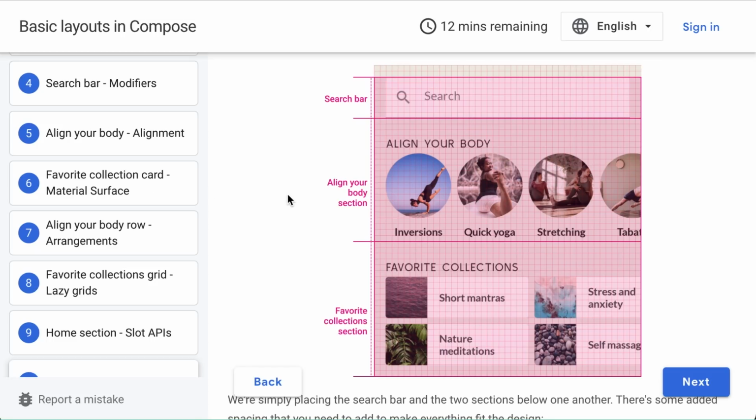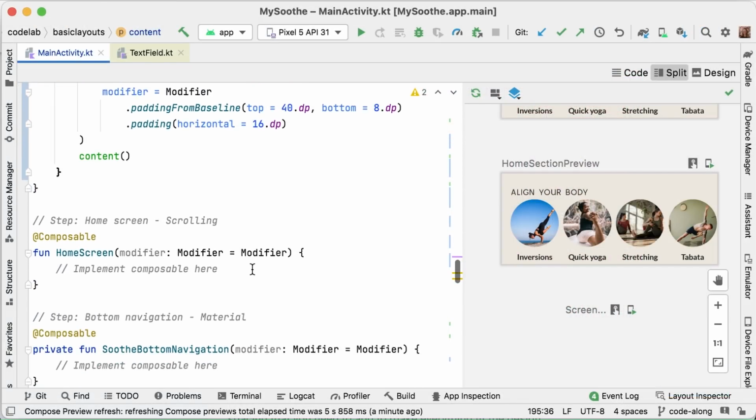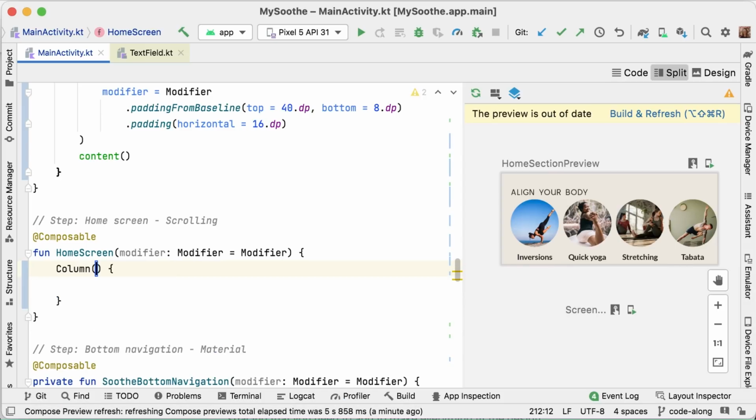Yes. So let's go back to Android Studio. And I think, again, we're going to be playing around with a column because we're placing things below each other vertically. So let's start with a column and we will pass on the modifier, and inside, you can see that we are repeating something over and over again, right? But that's what we said at the beginning of the code lab. In the end, every design is built out of composables, and we adapt them using parameters, and we adapt them using modifiers. And so you see that same pattern happening over and over and over again.